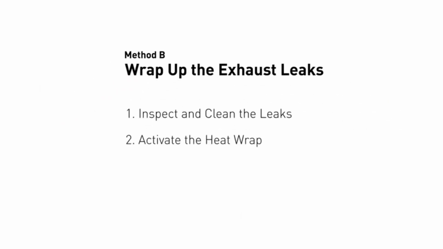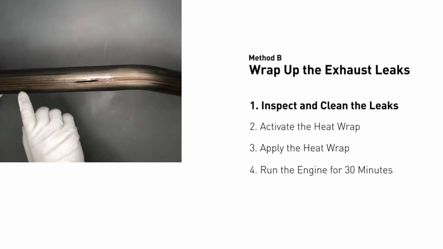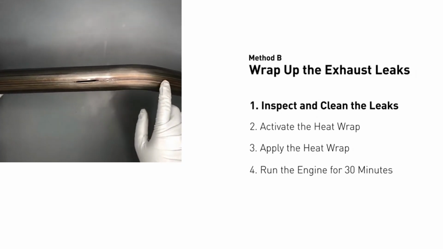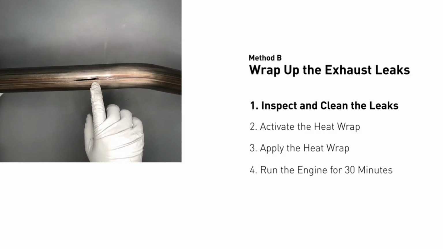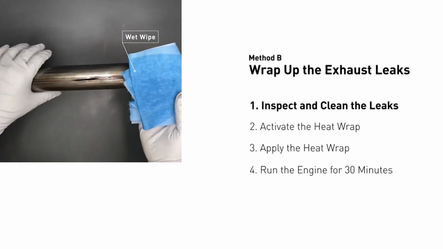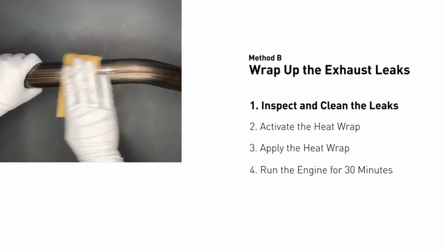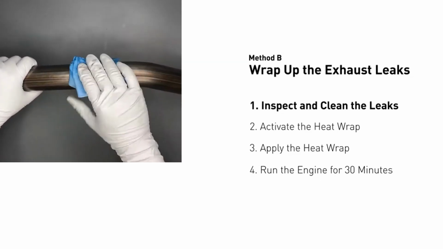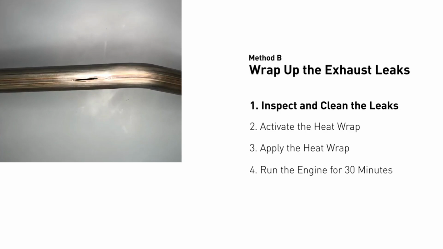Method B. Wrap up the exhaust leaks. Exhaust pipes are made out of rolled steel, and there is a welded seam on them. Like this one, the seam will often leak. First, you use sandpaper and a wet wipe to clean the leaking area for better application. Get the heat wrap out